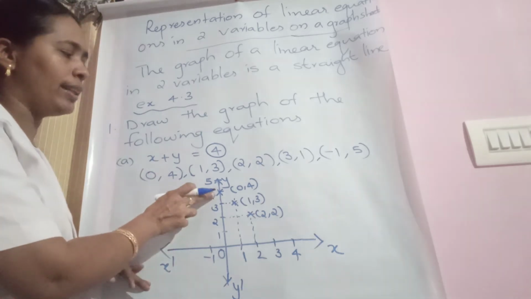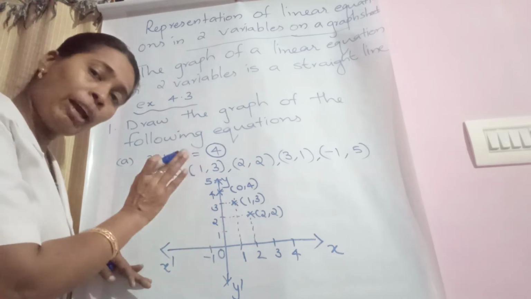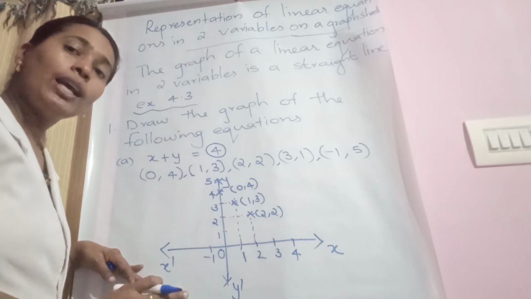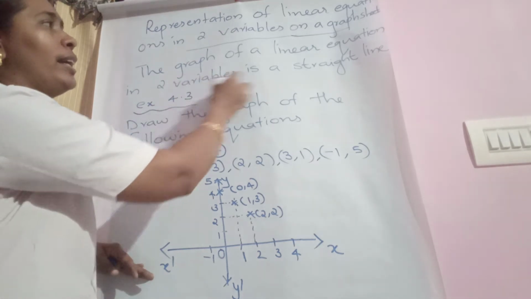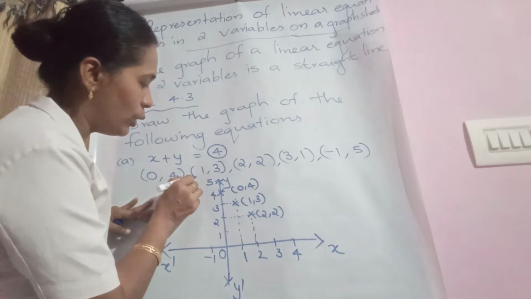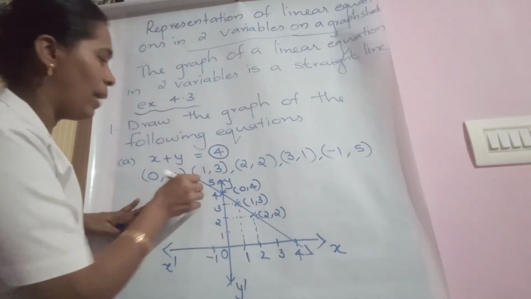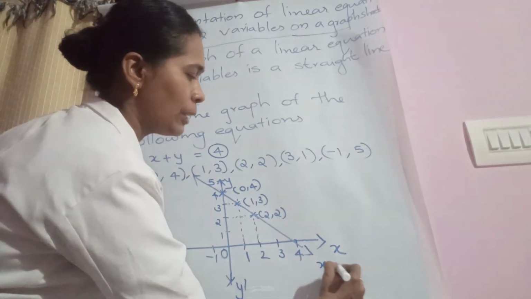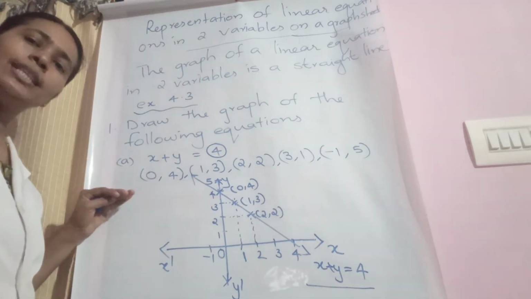After getting the 3 points or 3 coordinates, what do you have to do? Already we have plotted the points on the graph sheet. Then next what do we have to do? We need a line, isn't it? A straight line is needed. Use your scale and pencil and draw a line. Draw arrow marks on both sides. Then at one end you can write the equation as x plus y equal to 4. And the graph is completed.